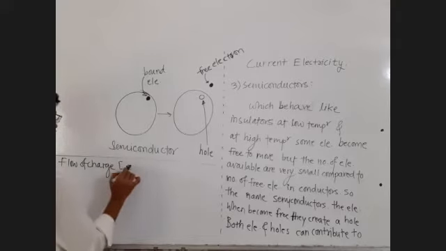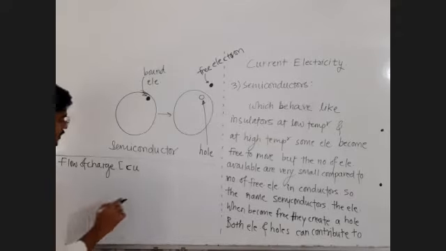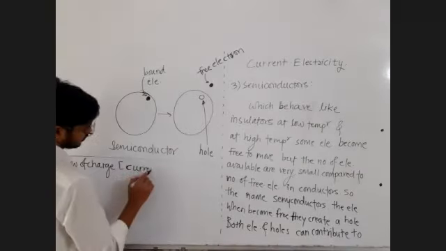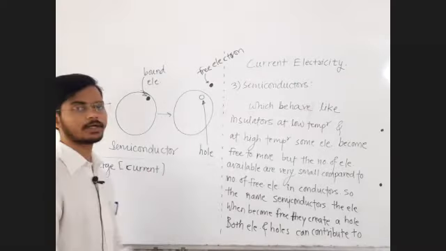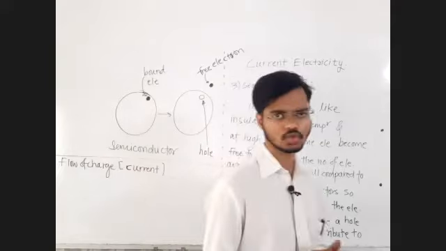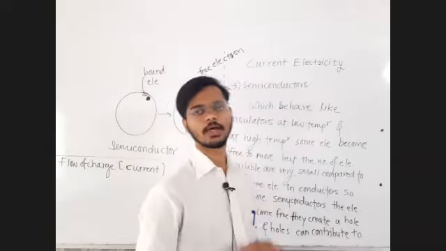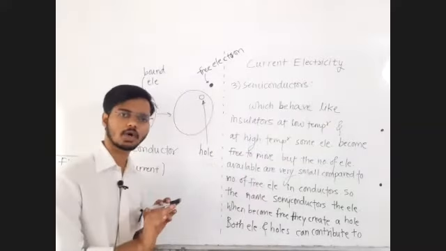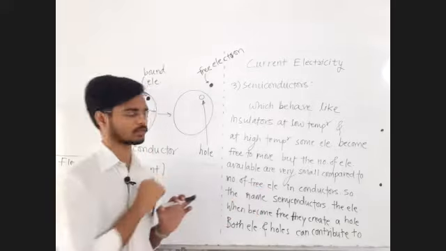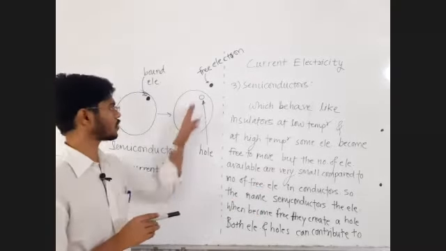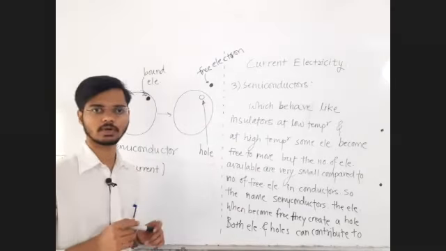सेमीकंडक्टर मध्ये करंट कुणाकुणामुळे असतो? इलेक्ट्रॉन्स as well as absence of electron as well as hole. In metals it is only because of electrons. In insulators there is no current. In conductors the current is because of electrons. In semiconductors current is because of both electrons, flow of electrons as well as flow of holes. Motion of electrons as well as motion of holes. How these holes can move, that we will discuss in the chapter called semiconductor.